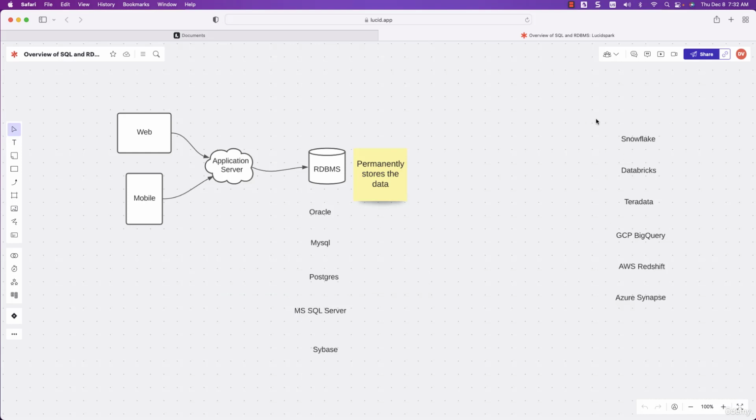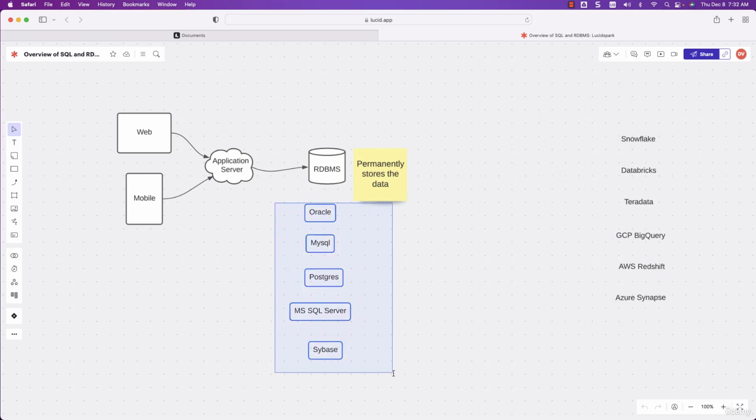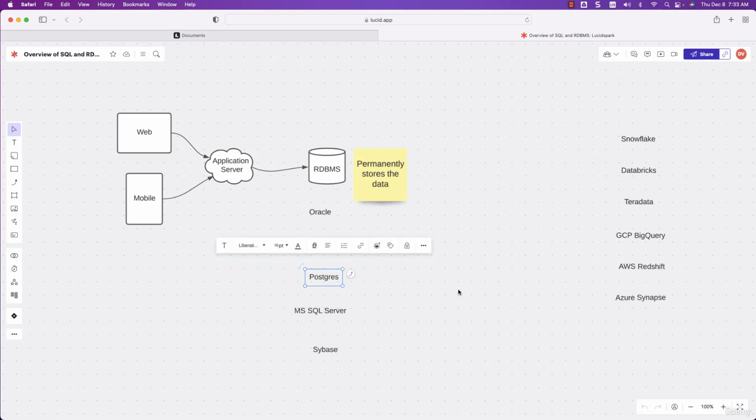When it comes to data warehouse, the differences will be a lot more. We'll actually go to the details at a later point in time. But first, we'll focus on revising SQL using RDBMS. In our case, we are going to use Postgres. Make sure you start revising or learning or exploring SQL from the perspective of data engineering, going through whatever content is covered as part of this module. Once we are fairly comfortable with SQL, then we can explore the other technologies which are relevant for data engineering. It can be Python as a programming language. It can be Snowflake or Databricks or Redshift or Synapse for data warehouse. It can be cloud platforms such as AWS, Azure, GCP. Whatever is relevant, we should be able to explore.